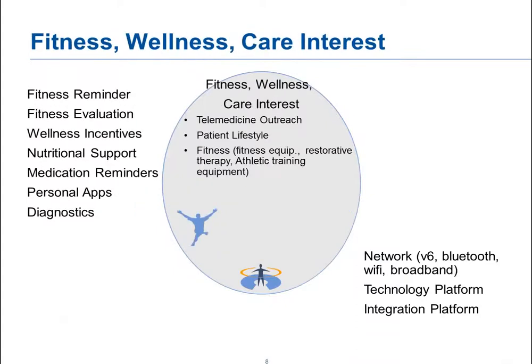Fitness, wellness, we have tons of apps. We have tons of sensors, wearables. So the last few weeks, we've seen huge announcements from Samsung, Google, Apple on getting into healthcare with their wearables. So from that aspect, that's going to be huge for us in terms of having information. Now, it's going to be information overload, but I think it's going to be a really plus for the industry